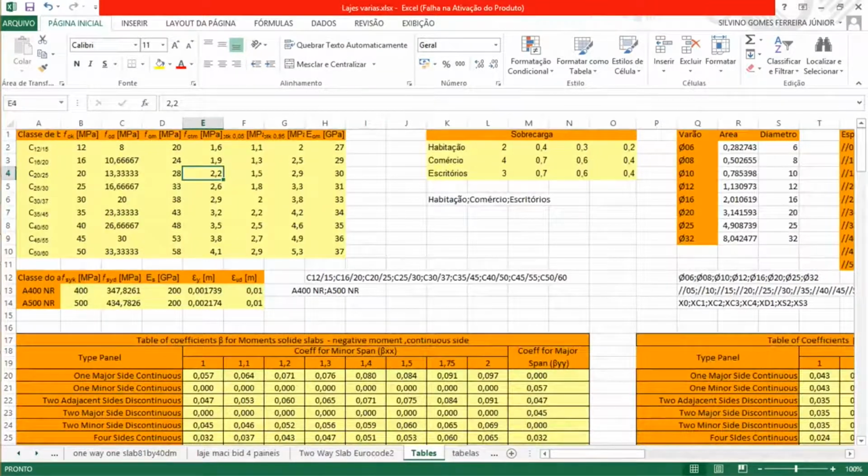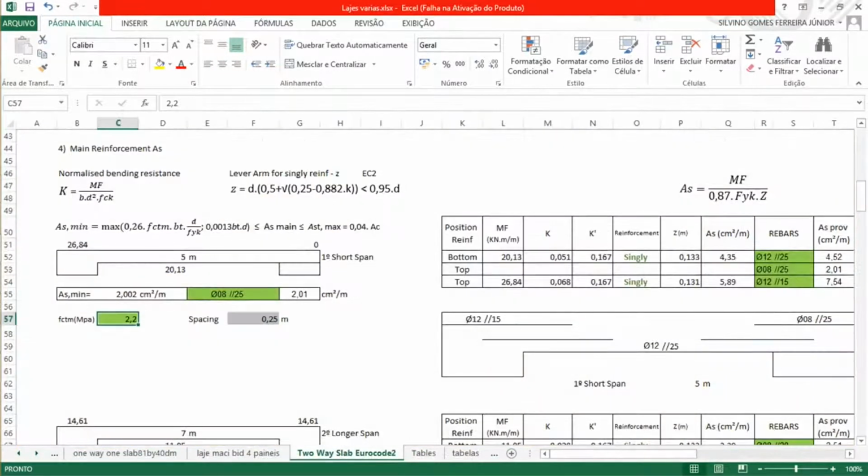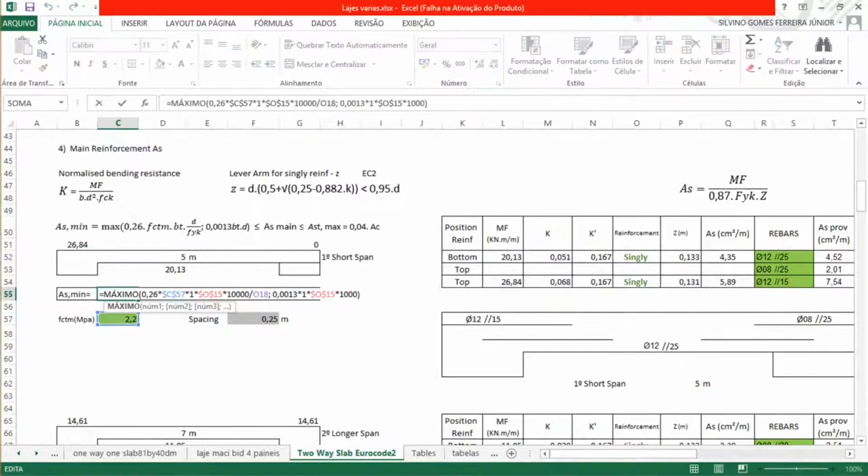So if you go there, fctm for C20/25 gives us 2.2. So here the minimum reinforcement multiplied by b, that will be 1 meter, multiplied by d, the effective depth, that will be 0.14. And I make this multiplication, so I transform everything to the same units, divided by fyk,